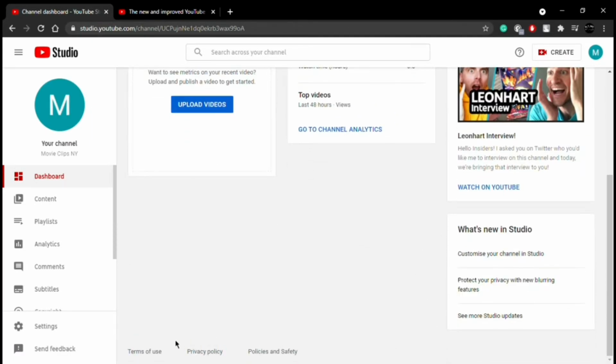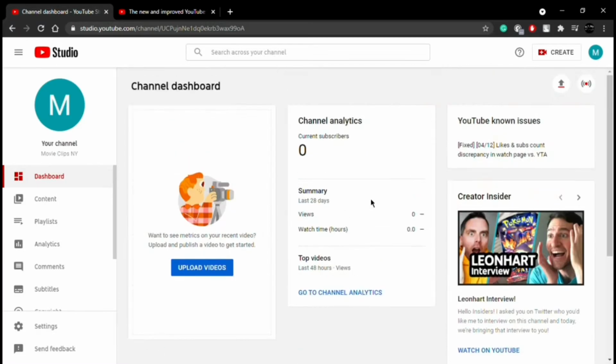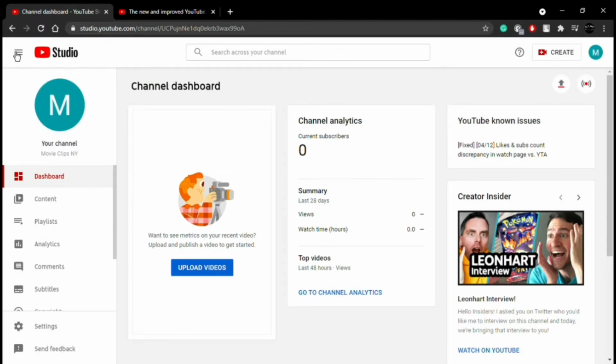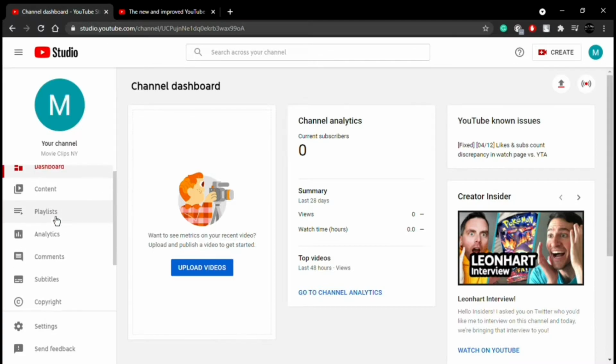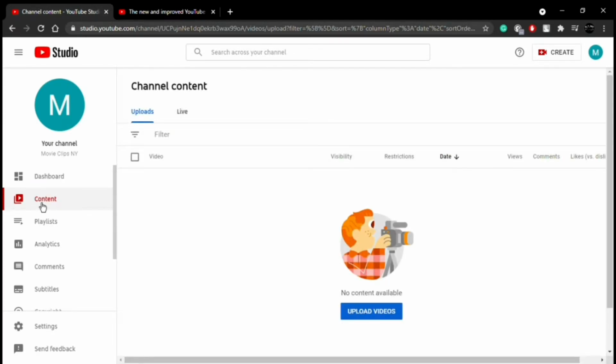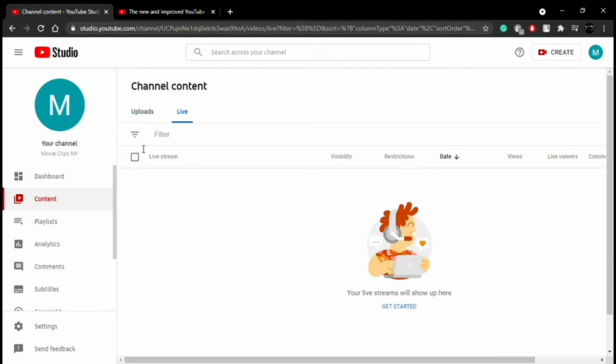You can also customize the dashboard by going into settings, but maybe we just like to keep it as it is. It is also looking good. After clicking on that hamburger button you can see there are many options like content. Firstly we can go in content and see whatever videos we have uploaded, or maybe the live streams. You can also filter that out, like if my video contains a copyright claim or something like that, and you can just see which videos have an age restriction or something.